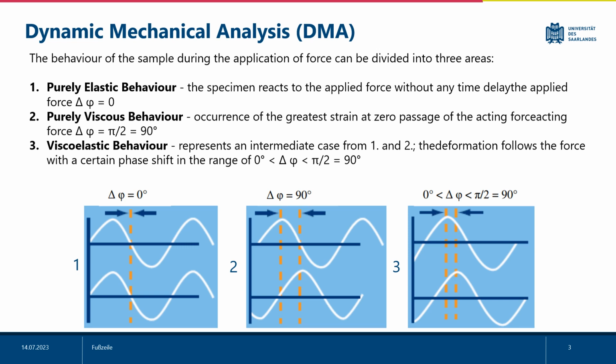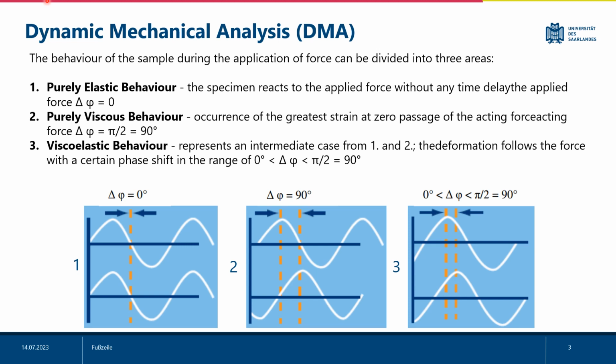Solids generally obey the first given case. These show a purely elastic behavior and therefore have no phase shift between the acting force and the resulting deformation. Newtonian liquids represent the second limiting case of purely viscous behavior. Polymers now lie between the two limiting cases and react viscoelastically. The phase shift can assume values in the range between zero and ninety degrees, as we can see here. And the rule here is that the smaller the phase angle, the stronger the